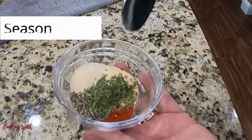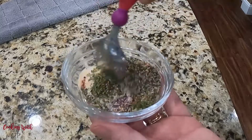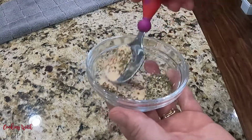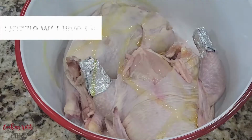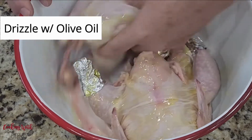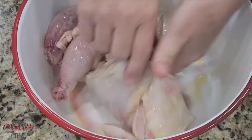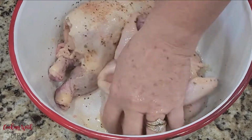Now let's grab a bowl and mix up a seasoning blend. I use salt, pepper, garlic powder, onion powder, smoked paprika, and some dried parsley. Now I'm going to drizzle my birds with olive oil, and I do this for two reasons. Number one, it'll give my seasonings something to adhere to, and number two, it'll make the skin crisp up better